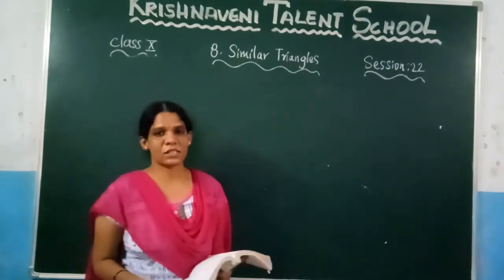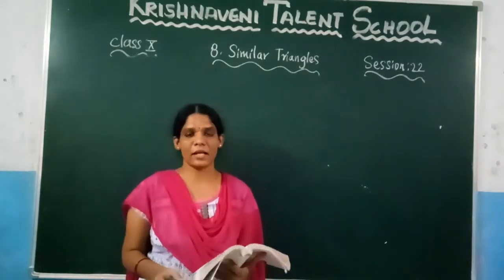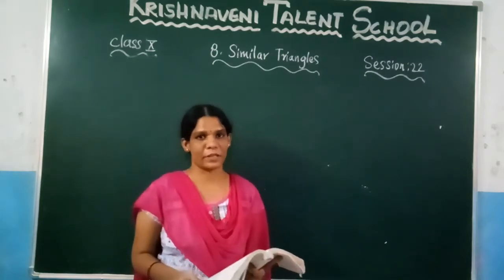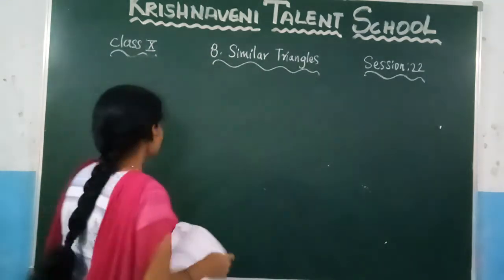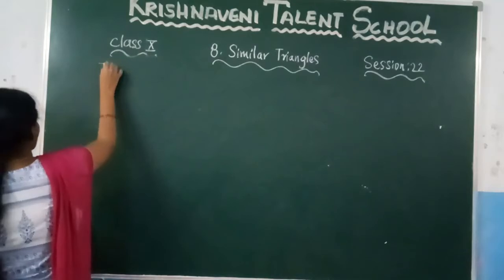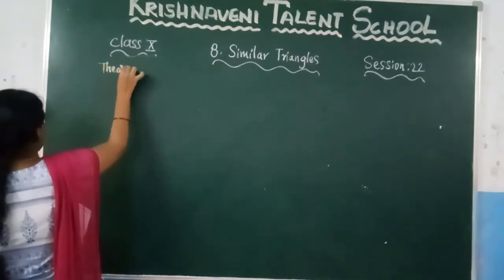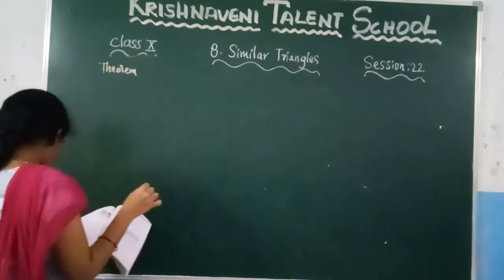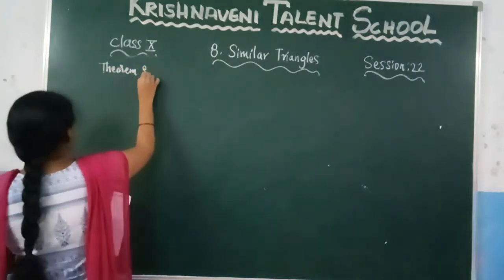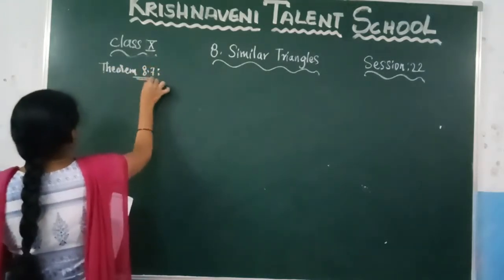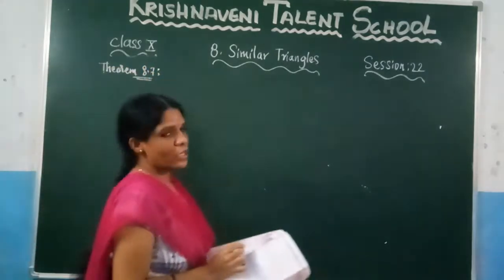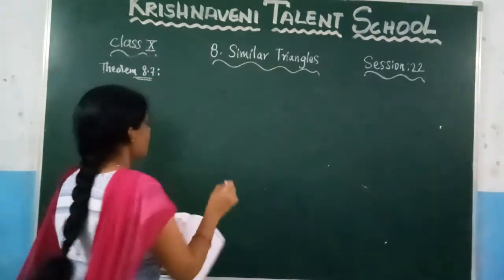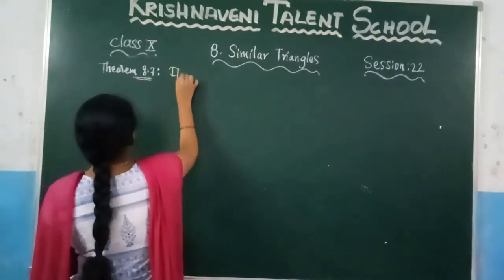Let us discuss what is the meaning of that statement and let us do the proof of that statement. So let us write that statement again here. Theorem. What is theorem 8.7? So I am writing that statement to understand it clearly. What is the statement we have given here? If a perpendicular